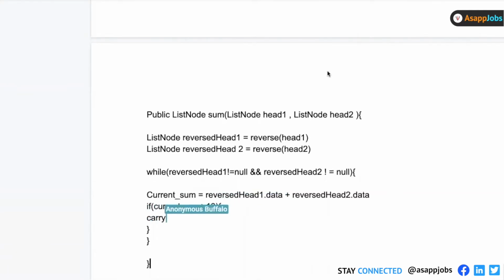Are you stuck anywhere, Vivek? I'm just stuck in like if we have a two-digit number, how should I take it? Yeah, so you have to take a carryover, right? Just normally how you do it. For example, 7 and 8, if you have to add, right? So what you do? It becomes 15. So you keep 5 and you take 1 as a carryover. Right? Yeah.